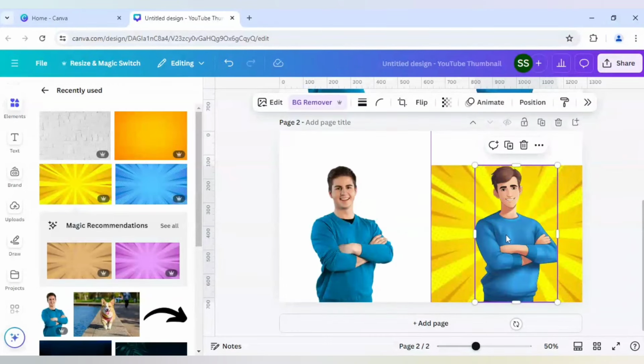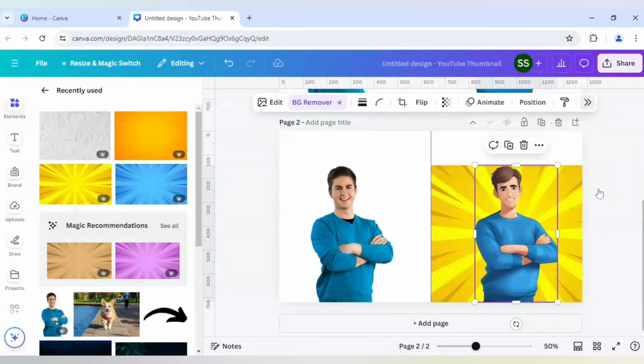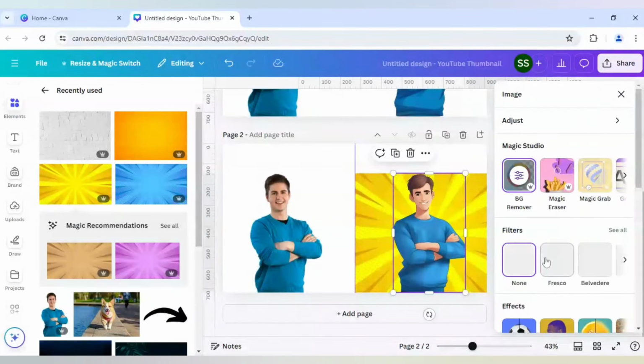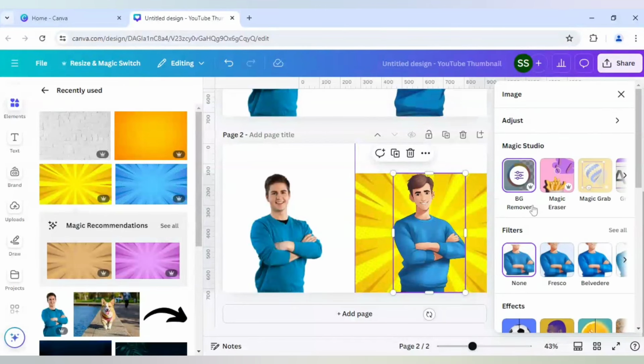So the background is removed, but let's make it more realistic by giving it a proper shadow. But for making the shadow, I will not use the shadow part which is available here. In this one, I will not use that, but instead I will follow a different path, which is I will duplicate the image,